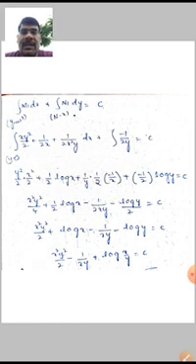The next method is when the given differential equation is in the form of f1(xy) y dx + f2(xy) x dy = 0. Its integrating factor is 1/(Mx - Ny). This 1/(Mx - Ny) we have to multiply with the given differential equation. The given differential equation goes to an exact differential equation form. Here these two methods we have discussed. If the given differential equation is not in these two forms, we will discuss it in the next section.